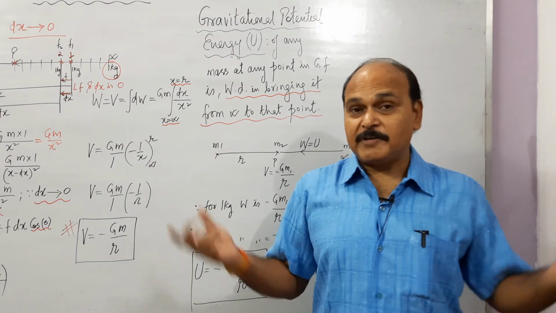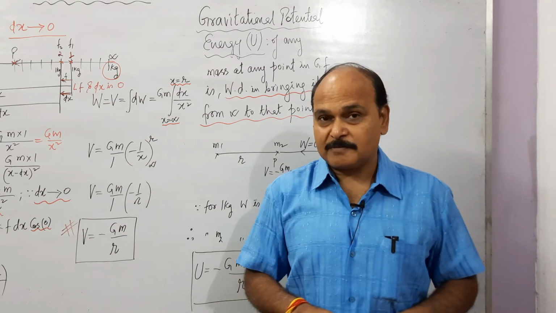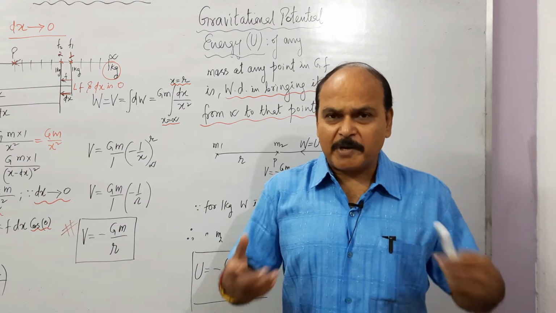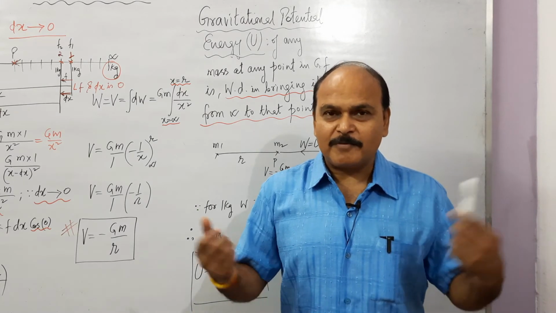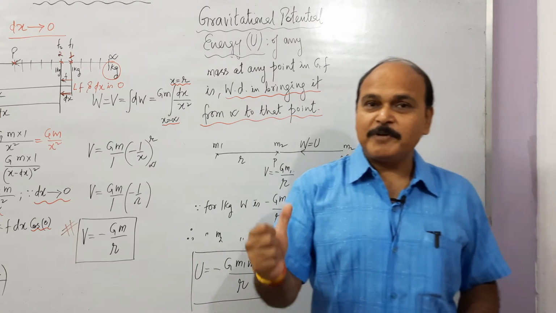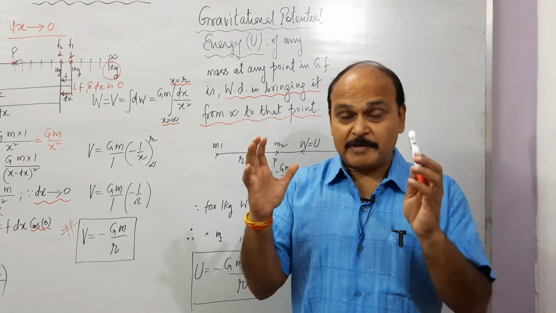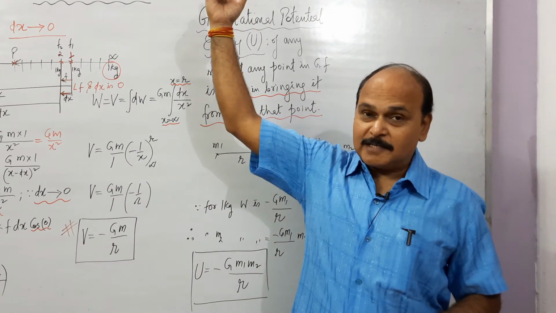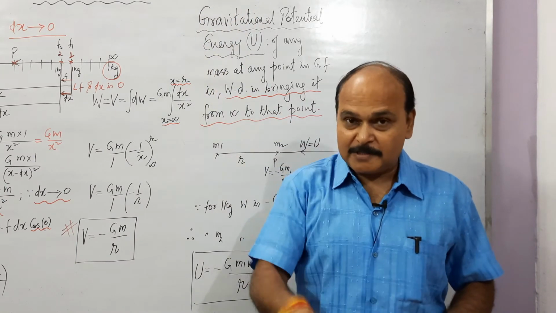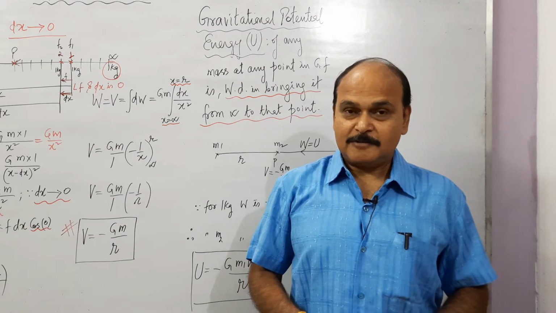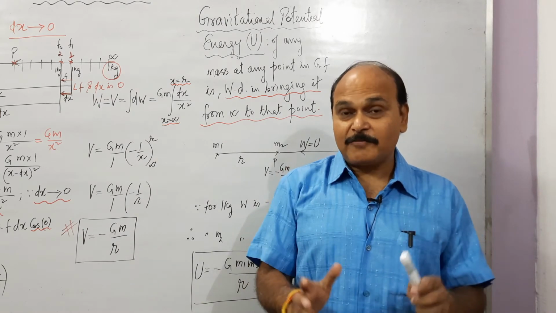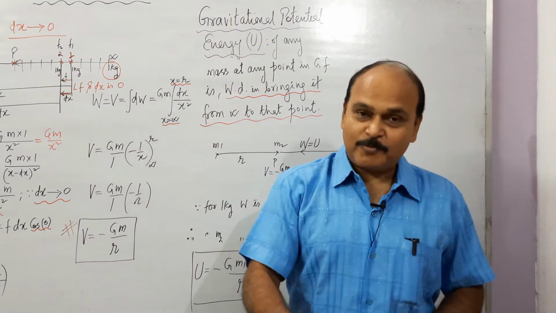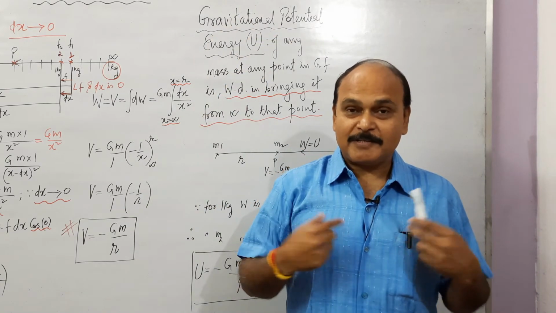So the potential energy of any mass is the work done in bringing that mass. My mass is 83 kilogram. What is my gravitational potential energy? My gravitational potential energy is the work done in bringing me, that is a mass of 83 kilogram, from infinity, that is outside the gravitational field of the earth, to this place on the earth's surface. So the work done in bringing a mass of 83 kilogram from infinity to this point is my gravitational potential energy.